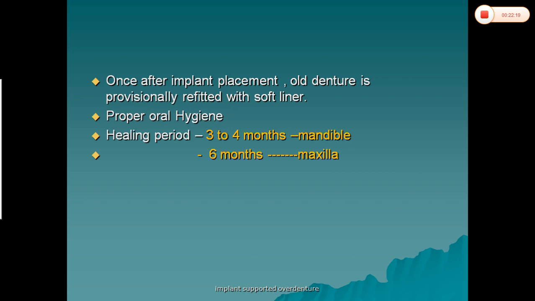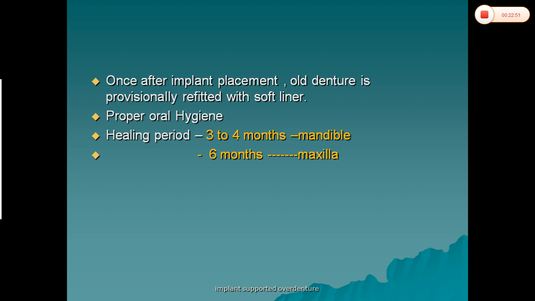From one implant to another implant, at least a 10 to 12 millimeter gap should be there. Spacing of 10 to 12 millimeters should be given between one implant and the other, and the length depends on the bone content, bone volume. It can be 10, 12 or 13 millimeter implant height, or length. Once implant placement is done,